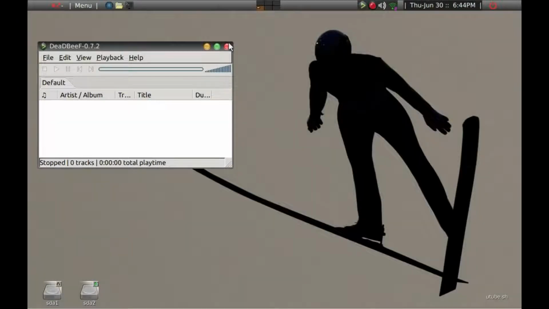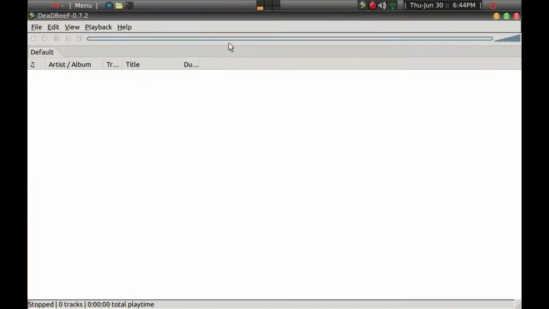Let me go ahead and maximize it, and then the first thing that I generally do is go under View, and then go into Design mode. You can use it as is here, but you'll only get a list of the albums and so on. You don't have the album art and